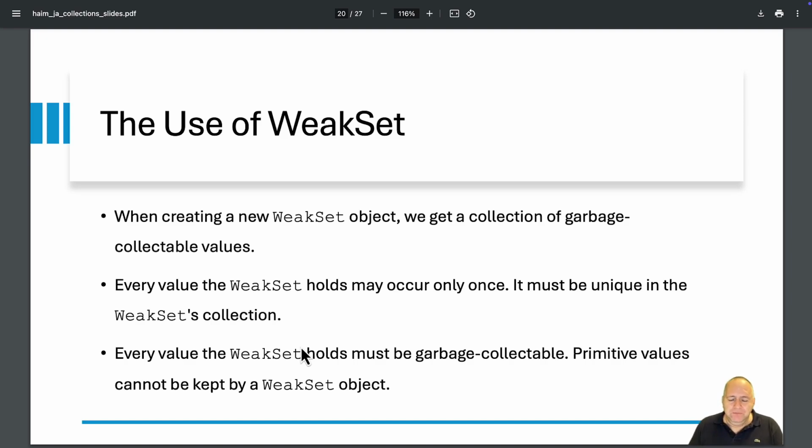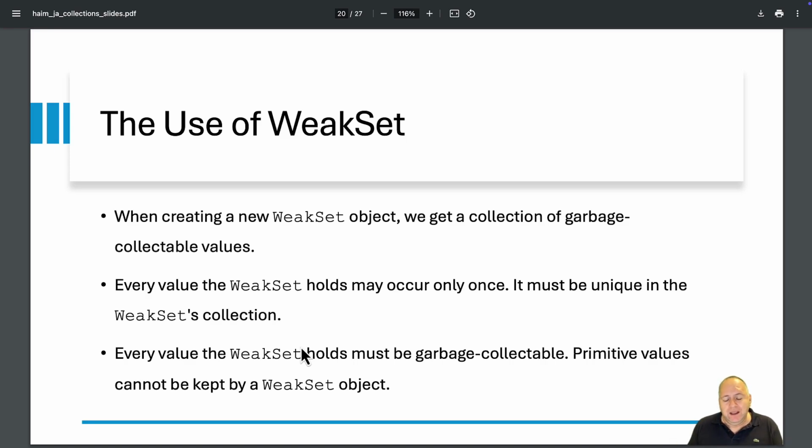By doing so, and of course, assuming that the references to those objects are not kept in any other variable, we ensure that the program won't crash if there is a problem with the available memory. Instead, the garbage collector will start deleting those objects the weak set holds. So that might be very useful